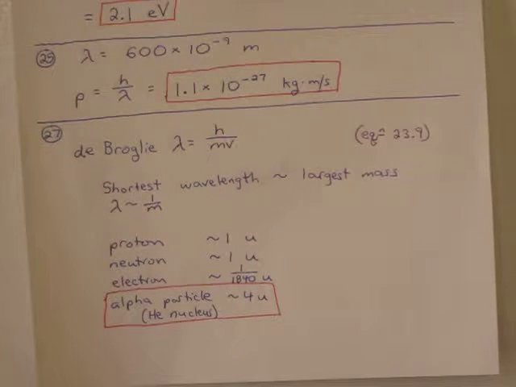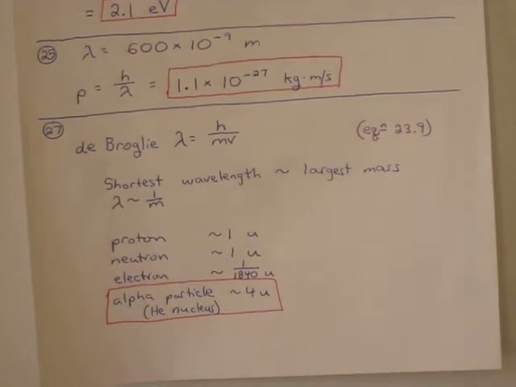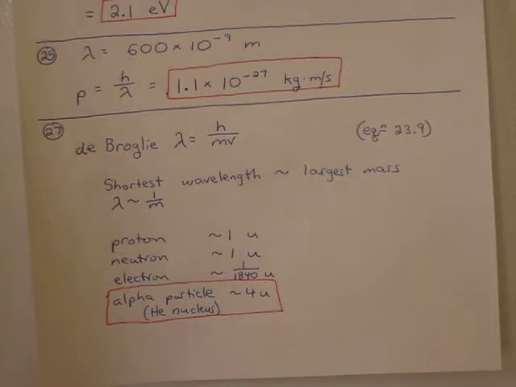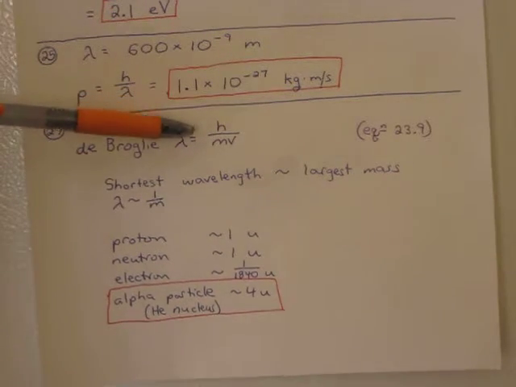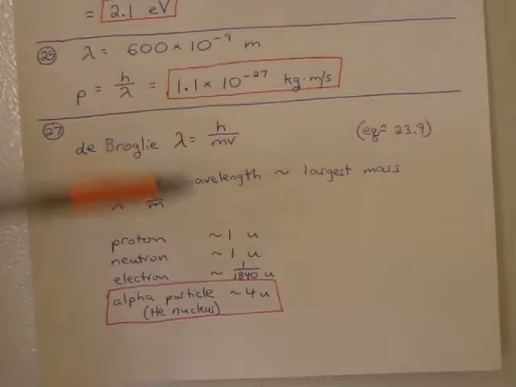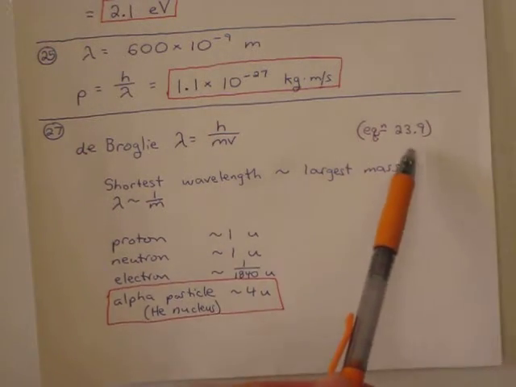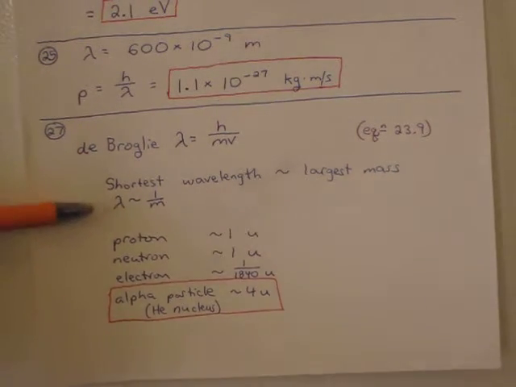Number 27, if they're all traveling at the same speed, which particle has the shortest de Broglie wavelength? De Broglie wavelength is Planck's constant divided by mass and velocity. That's from the book, equation 23.9. And so if wavelength is proportional to 1 over mass, then the shortest wavelength is going to be the one